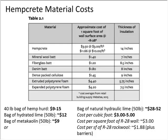But I think should the hemp market develop, there are some U.S. states now handing out permits for experimental hemp farming. As that expands, the price will definitely drop quickly. But right now, these prices are actually all in Canadian dollars. So there may be some differences if you're buying material from Canada. These prices may actually be lower, but comparatively, if we can get our hemp and lime and metakaolin all relatively locally,